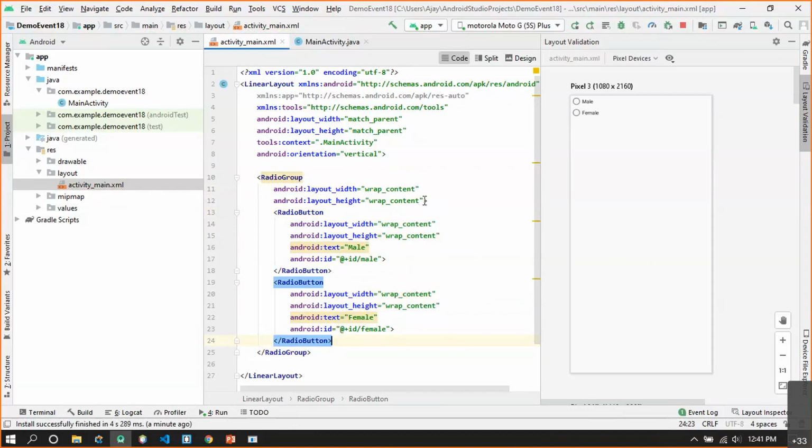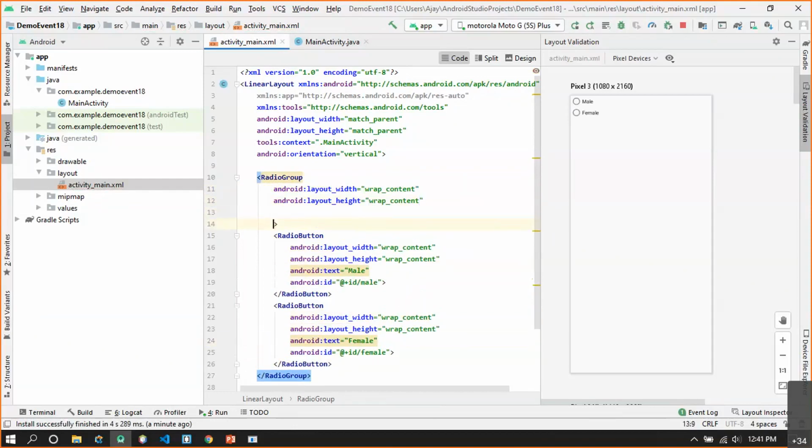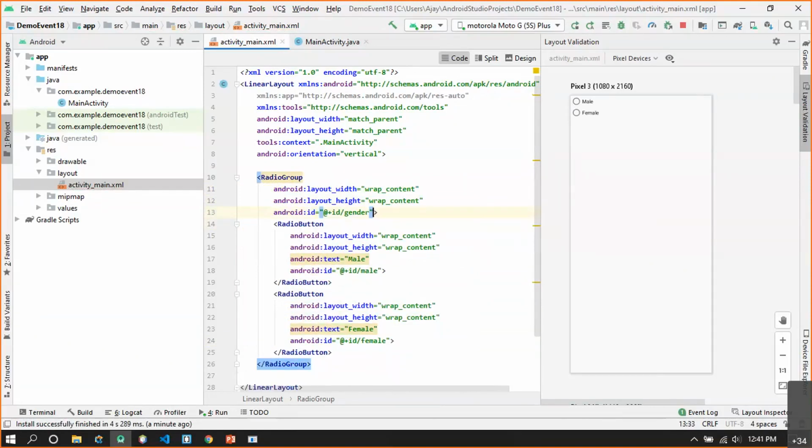It is important that for a radio group you can also provide the ID. Let me call it gender. This will be a radio group which will have specific radio buttons related to gender. For this radio group, the underlying radio buttons are shown in a vertical direction.